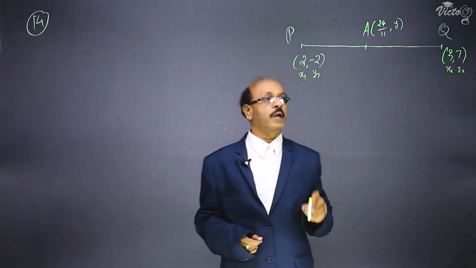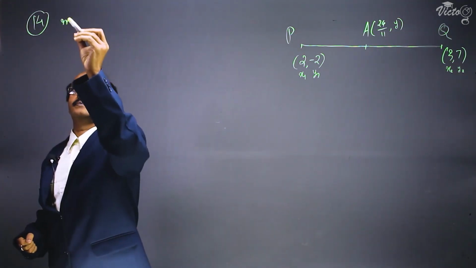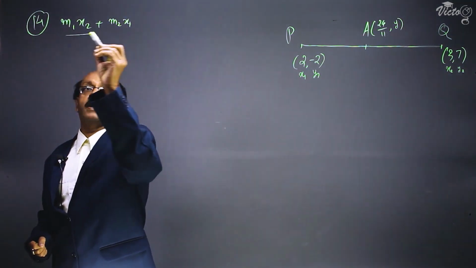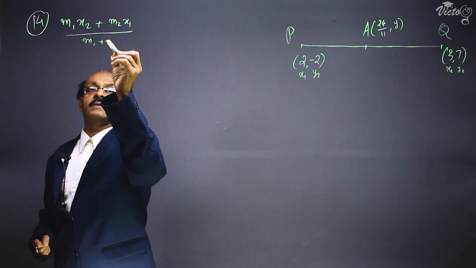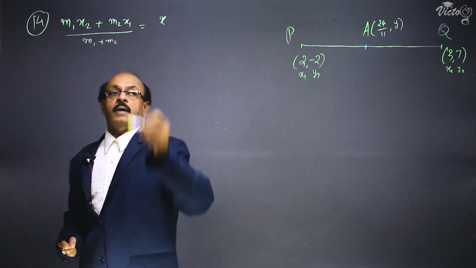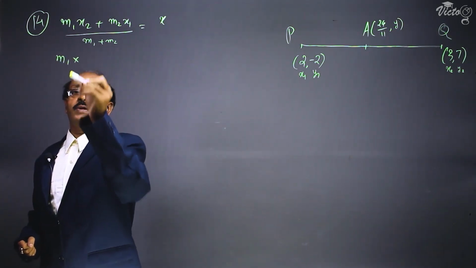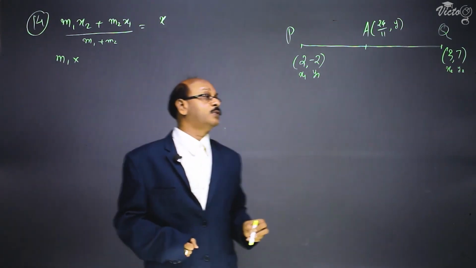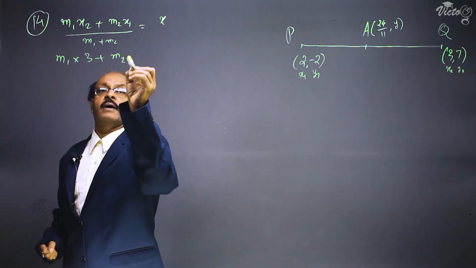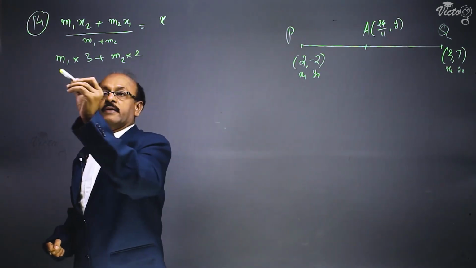The formula for finding the x coordinate is m1 x2 plus m2 x1 divided by m1 plus m2. m1, m2 we are not knowing. m1 into x2, the value of x2 is 3, plus m2 into x1, the value of x1 is 2, divided by